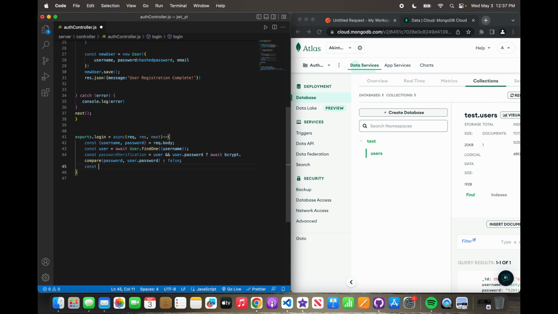And then you can say const. So now, let's leave it at this for right now, and then we can come down here. So within this object, we can come down here and say try, if user and user and password verification. So if there's a user and the password verification is successful,